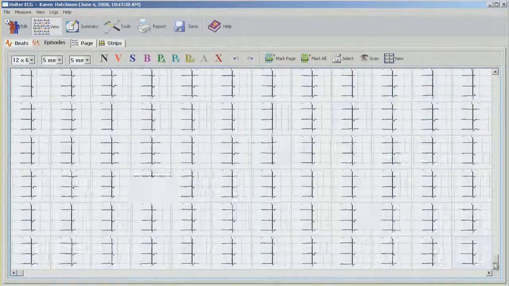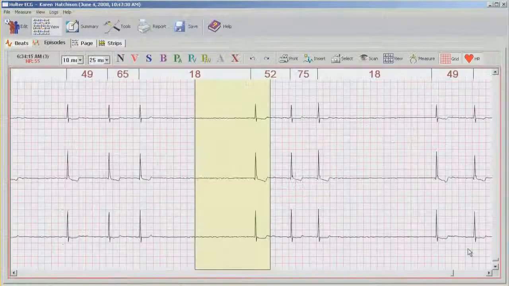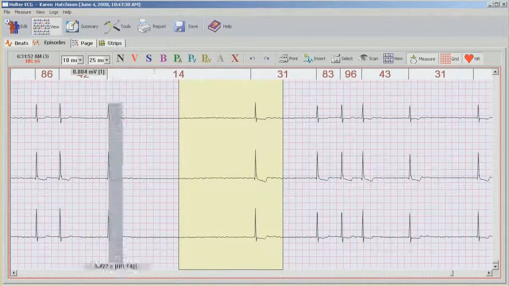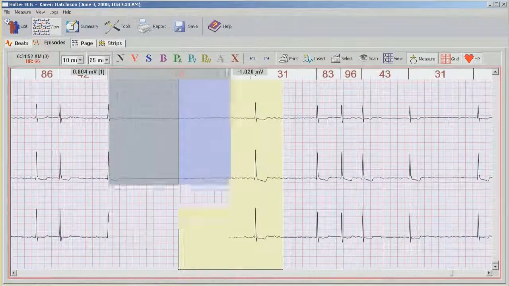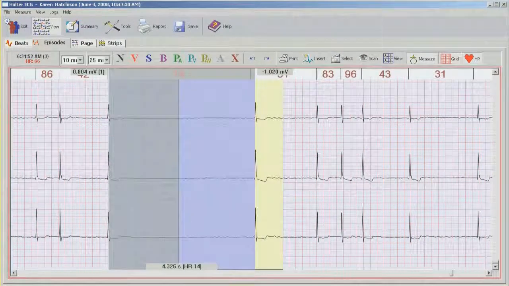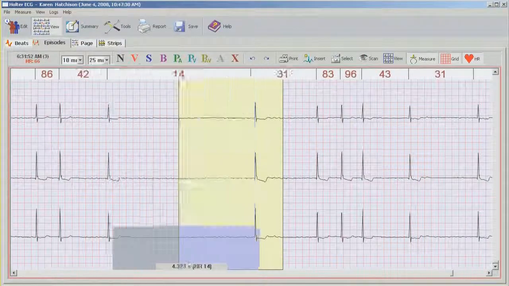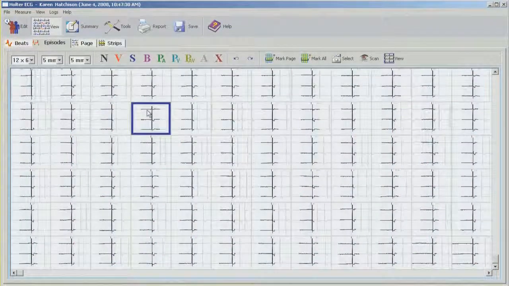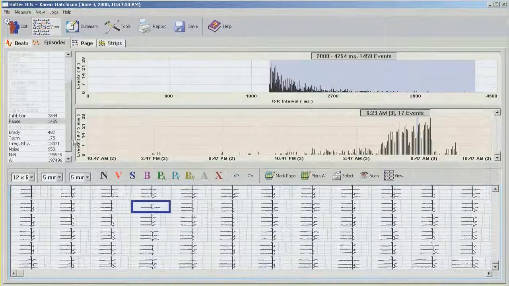Again, double click on the last one, drag the cursor, and this is a very long pause. So if I wanted to measure it, I can bring the calipers, click on the beat here, hold the mouse button down and drag it over. And at the bottom you can see this is a 4.32 second long pause,